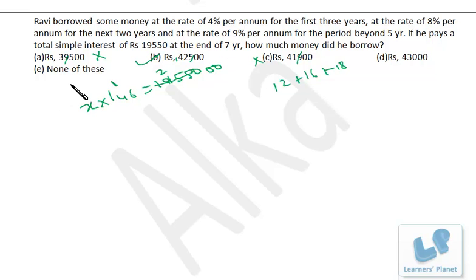And since none of these is there, if you don't want to take the risk, then what you can do, you find out the 50% of the answer just for verification. So 50% of this will be 21250, right? And deduct 4%. That's around 1700. So if we deduct 1700 from this, we'll be getting this figure around, right? So you just have to get the around idea. Otherwise, the actual calculation you have already matched. So to avoid none of these, you need to do this verification, right? So your answer 42500 is correct one. Okay.